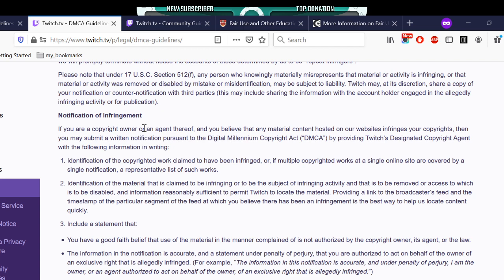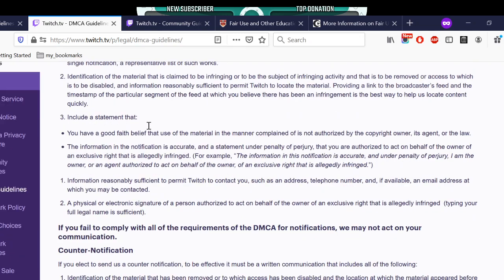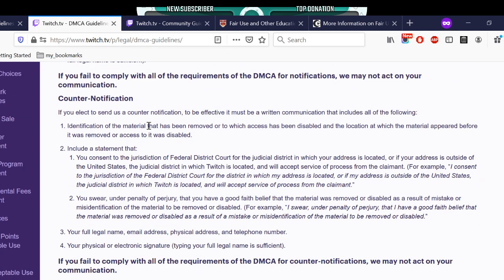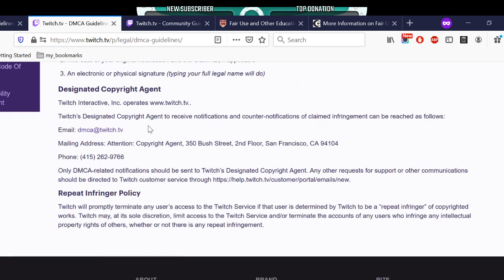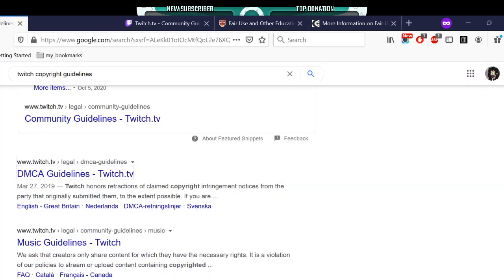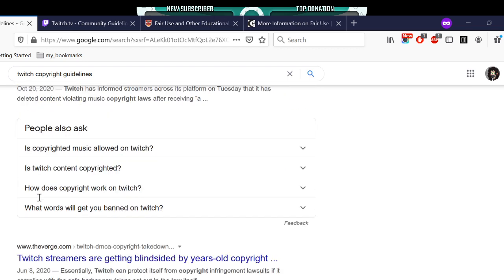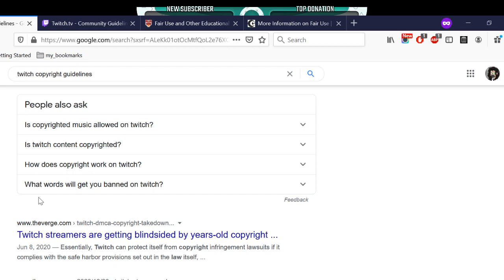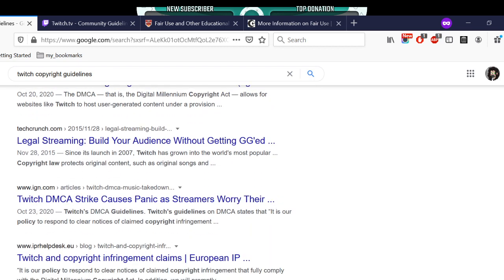If you are a copyright owner, okay, this is what to do if somebody owns the copyright and they'd like to make a complaint. Okay, yeah, this is about how to contact Twitch, so that's not it. Okay, so this is all